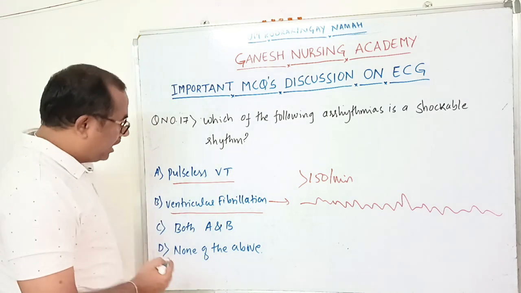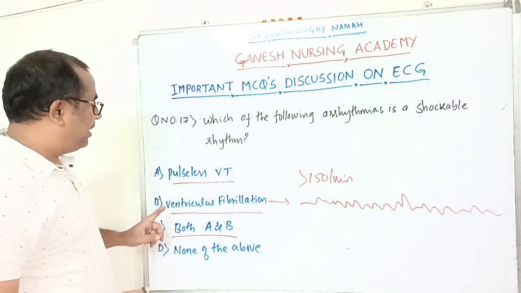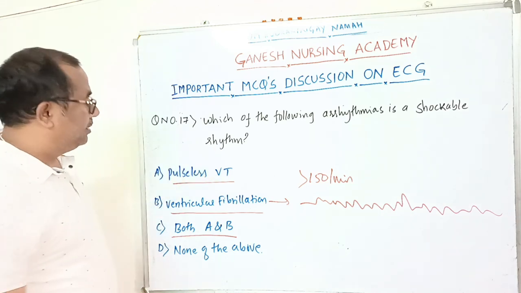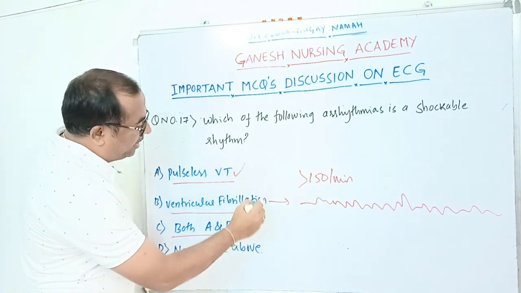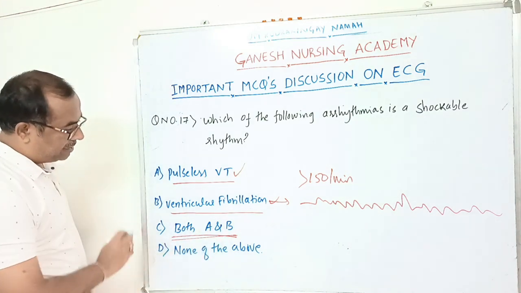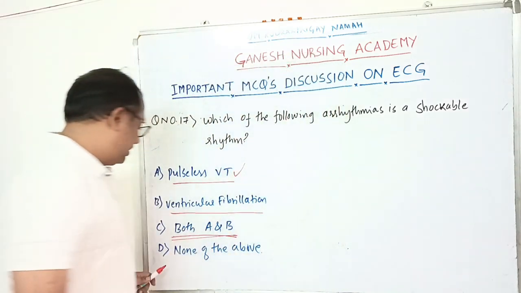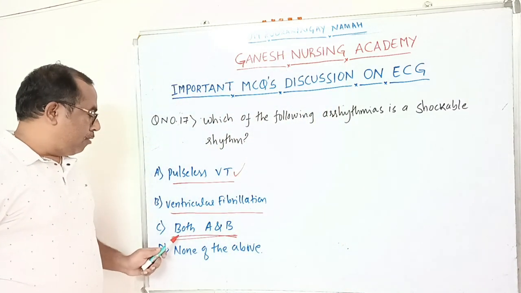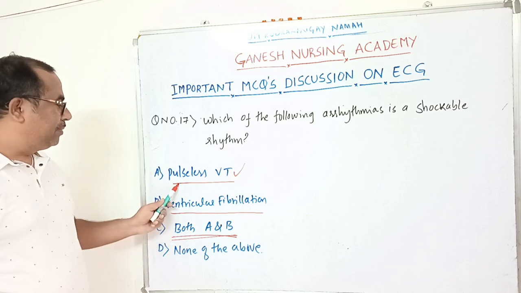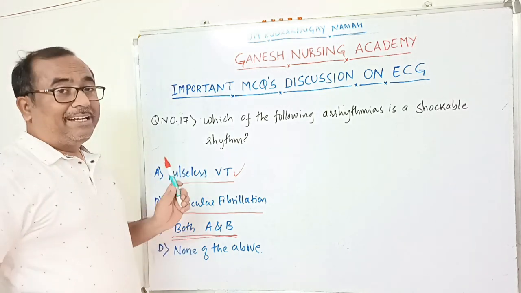Next one is option C, that is both A and B. Both A and B are indicated for defibrillation; both A and B are shockable rhythms. So the answer for this question is C, both A and B. Option D, none of the above, is the wrong option. Both pulseless ventricular tachycardia and ventricular fibrillation are shockable rhythms which can be treated by only